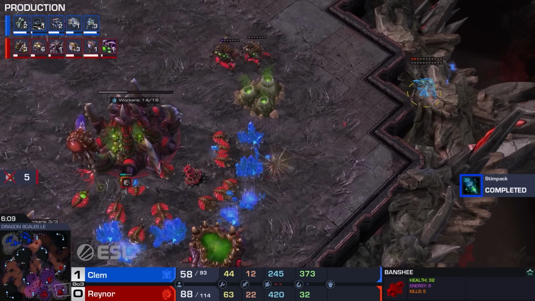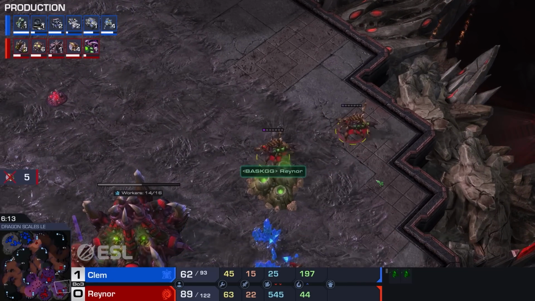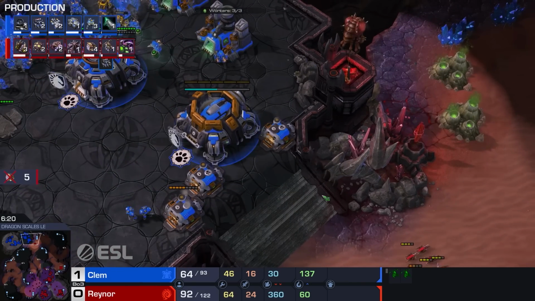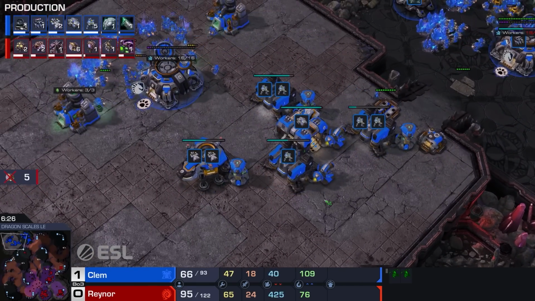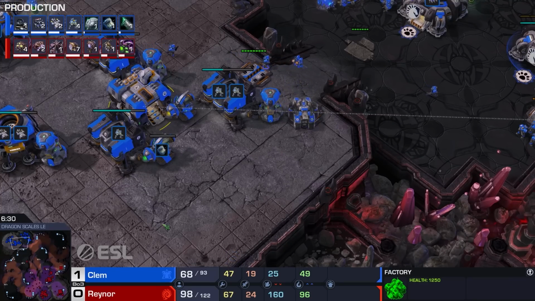Reynor is miles ahead right now. That doesn't mean Clem can't come back. Oh, well, it's going to be a hell of a lot more difficult, even more so now. This is everything. Everything is ahead for Reynor. This is about as big of a lead as you can be in a game like this between 2 players